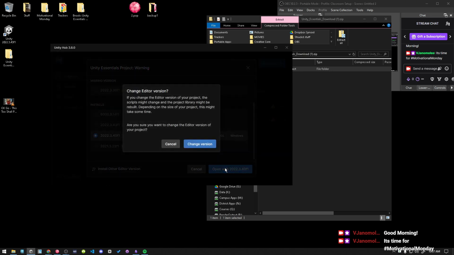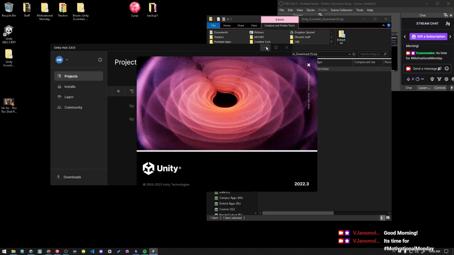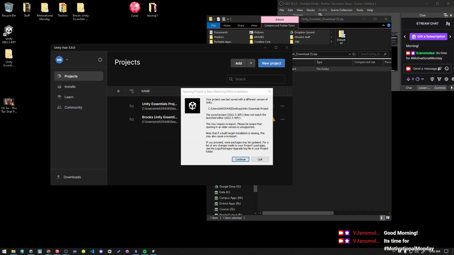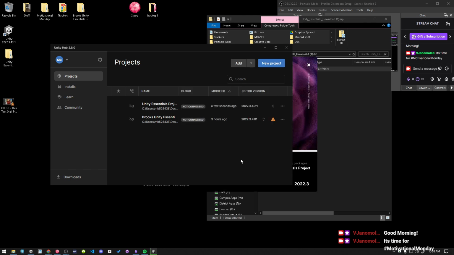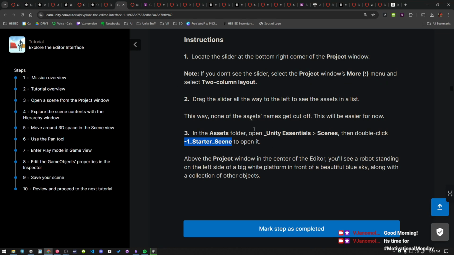Okay. Then you open it. It's going to give you a warning saying, hey, you're going to change the version. It's okay. And then it'll warn you one more time when it's coming up if you want to continue without backing up. Yes, it's okay. Continue. All right. So that's the hurdles you have to do to get the project open. It is all explained, like I said, here on the Unity Learn tutorial for opening it. But I'd like to go over it with you guys in person at the beginning of the week so that